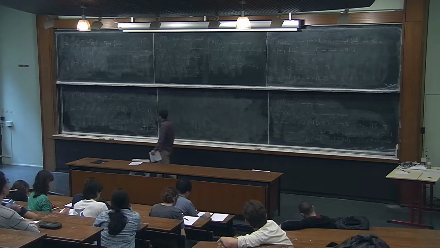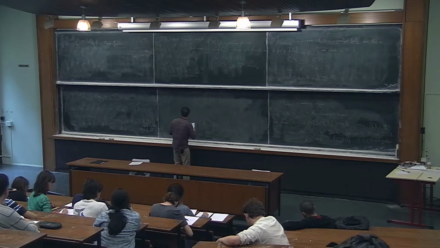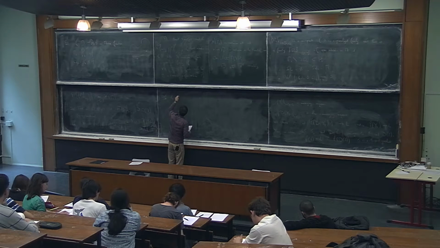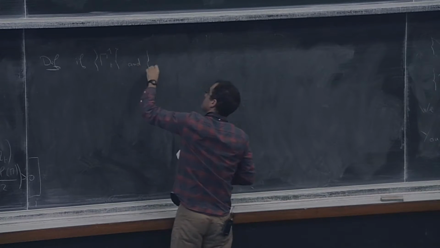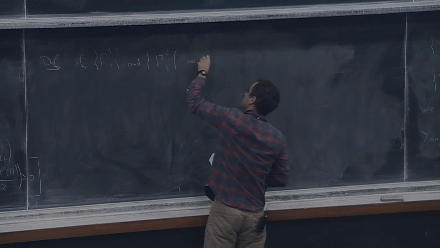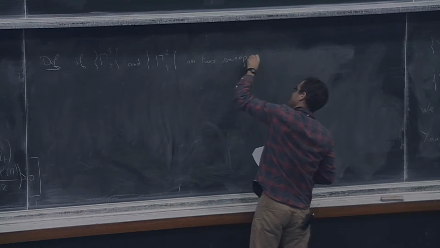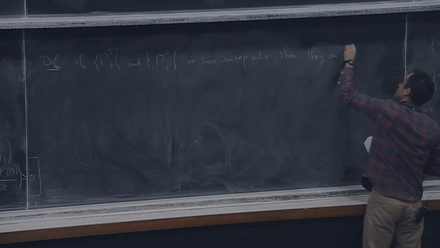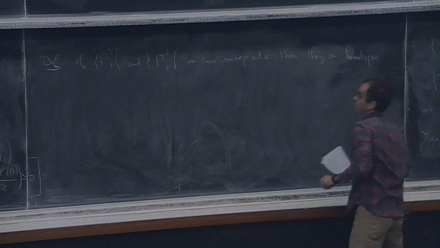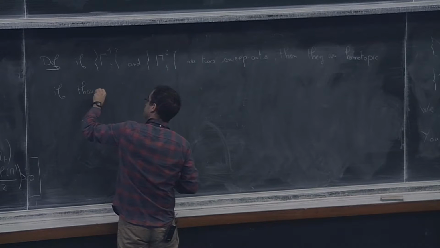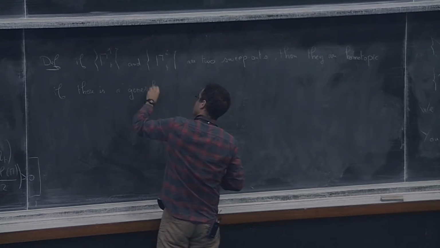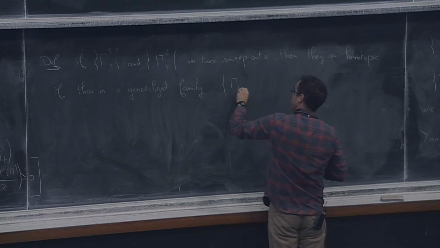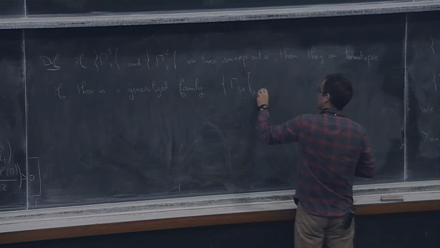So you have this. Okay, so now one thing that you can also define is that if gamma 1 t and gamma 2 t are two sweepouts, then they are homotopic if there is a generalized family gamma ts in 0, 1 square